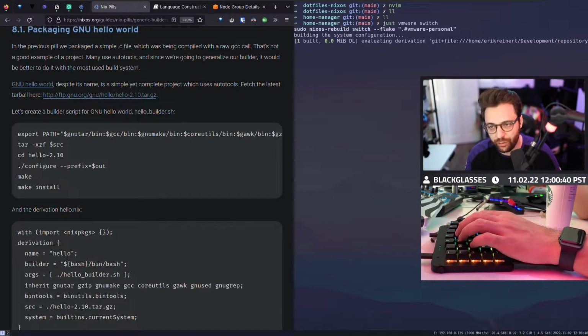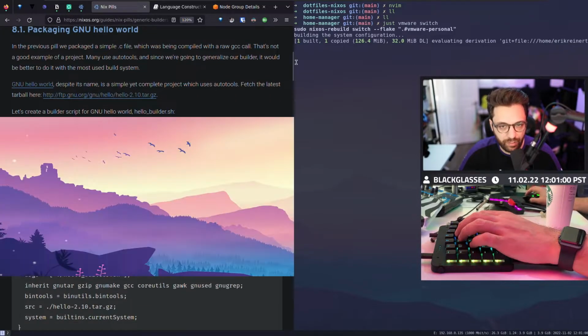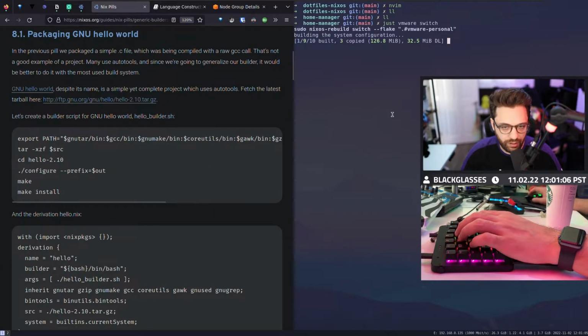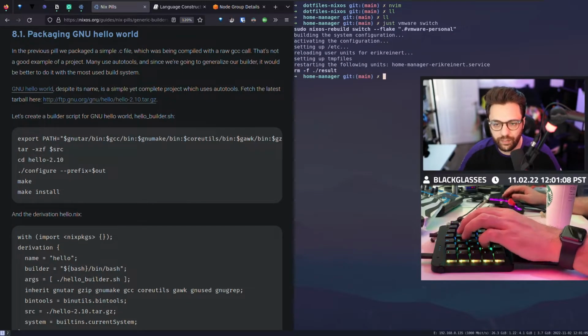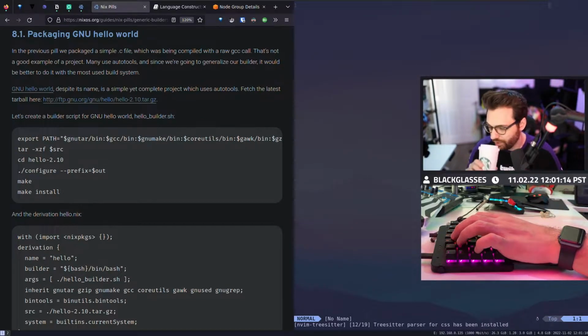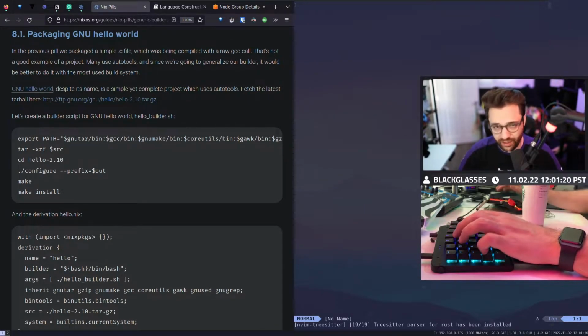And by the way, Humble Feather, you were just asking how that works. You're literally watching it right now. I added GCC to a list of packages that I need on my computer, and now it's running that configuration, building it. It's going to download GCC, add it to the Nix store, build a derivation of GCC, right? And then link it to my shell environment so it'll become accessible to me. And then once I open up Neovim, it'll work. Can you stop? Thank you. There we go. And so now if I exit and then I do nvim, see how now it works? Because GCC is now available. That's the power of Nix, chat.